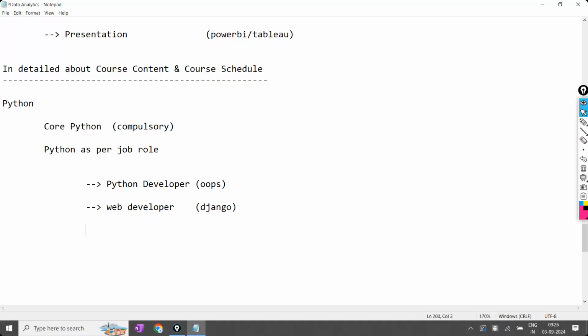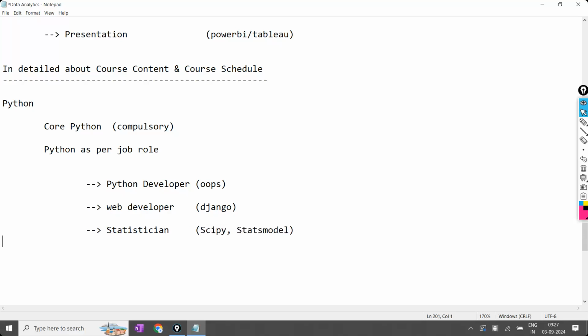Coming to the next one, statisticians. What are statisticians? They work on statistics using Python. Statistics could be done only with paper and pen, or using an Excel sheet only. We cannot use a programming language for statistics. But they use Python for statistics also. Statistics with Python, generally they will use the libraries called SciPy and statsmodels. These are the two libraries they use.